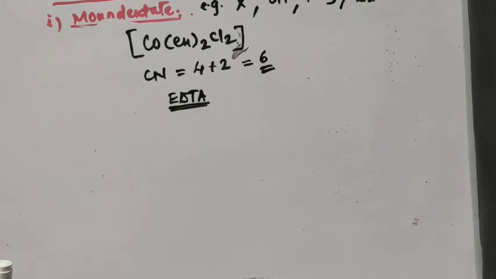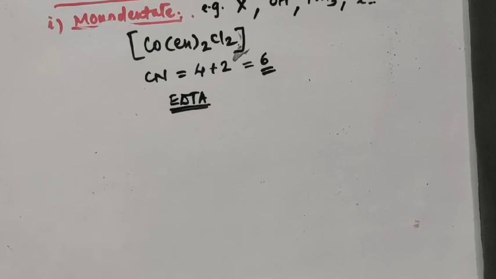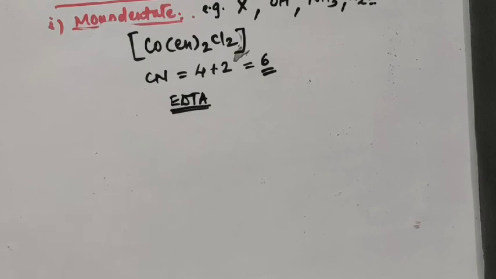In case of EDTA, ethylene diamine tetraacetate ion, there are 6 atoms which can donate an electron pair. So wherever there is 1 EDTA, you are supposed to count it as 6 to find the coordination number. In case of ambidentate ligands, there are actually 2 atoms which can donate an electron pair for bond formation, but out of these 2, only one can donate at a time, and so these are called ambidentate ligands. Only 3 examples are there: NO2, the nitro or nitrito group, then CN minus, the cyanide group, then SCN, the thiocyanate or isothiocyanate group.